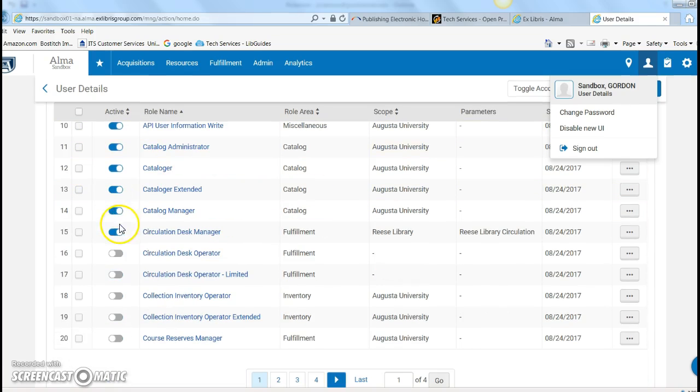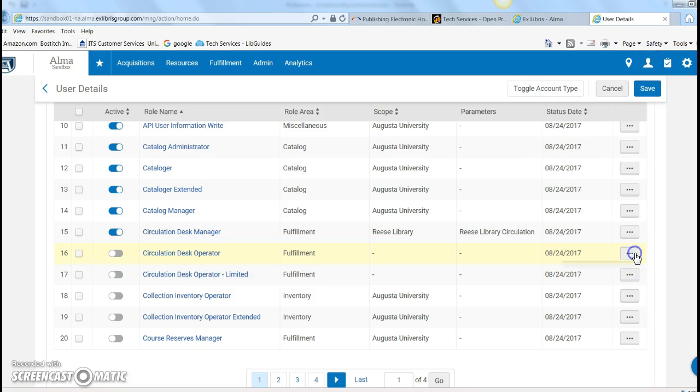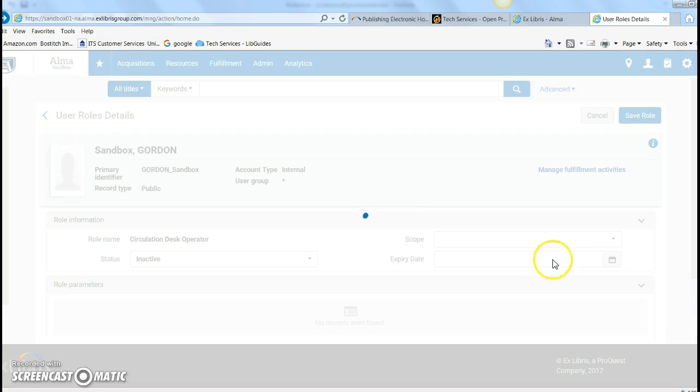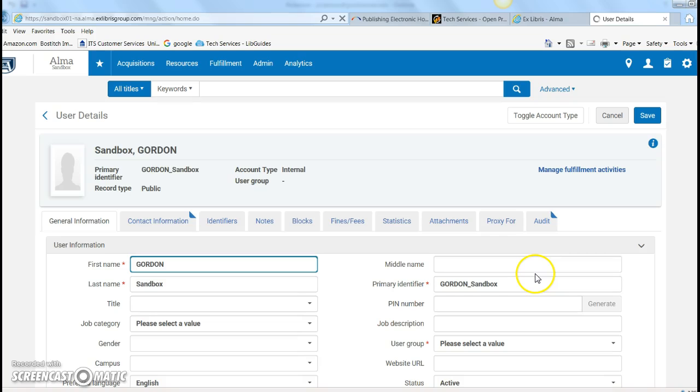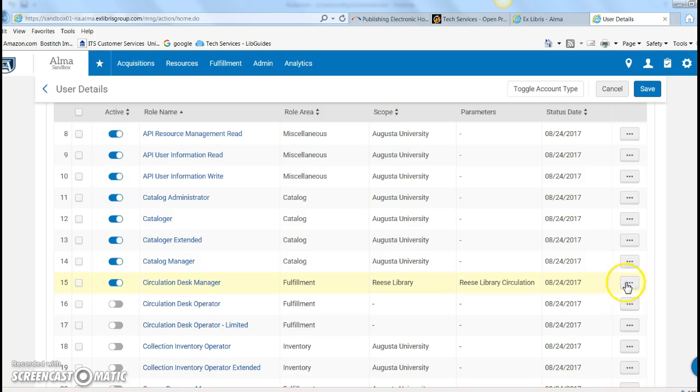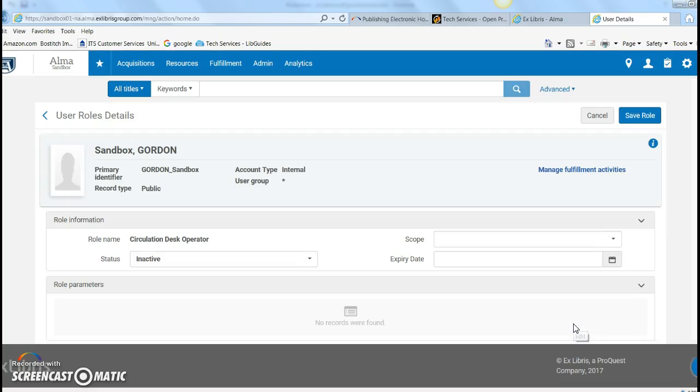So I've started adding some of these, and you'll see that the ones that are grayed out have not been added, so we would need to add a circulation desk operator. And the way you do that is, on here there's no actions button. You'll notice that they just have a little gray button with an ellipsis in it. So you highlight the role name and you click on the gray button, click on Edit, and then you have